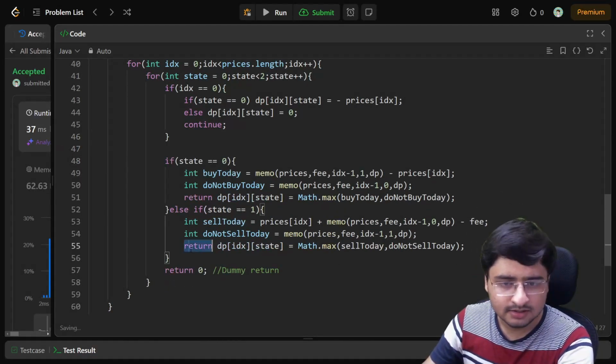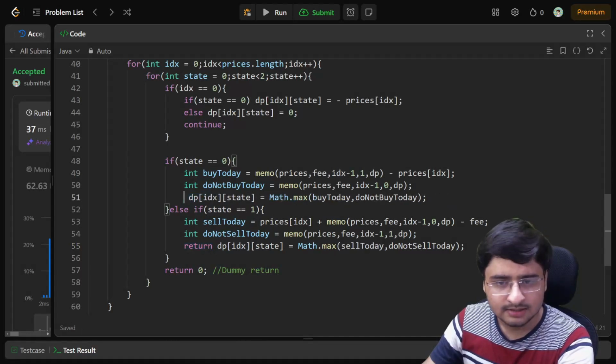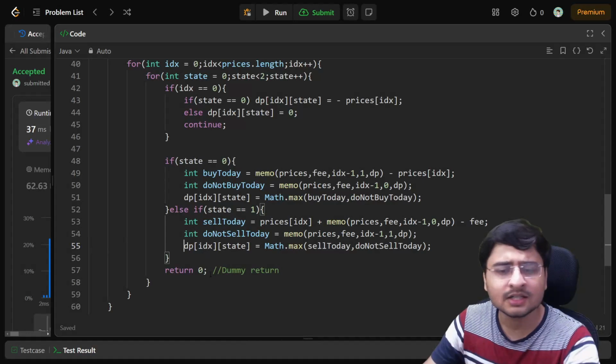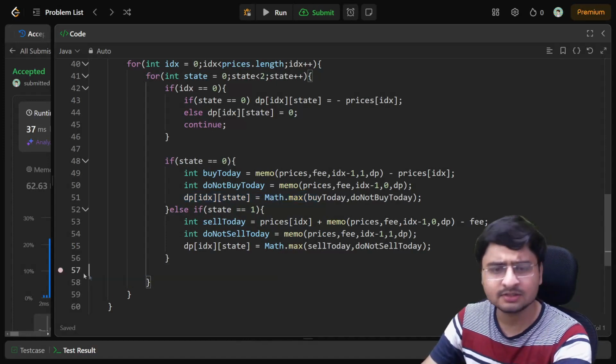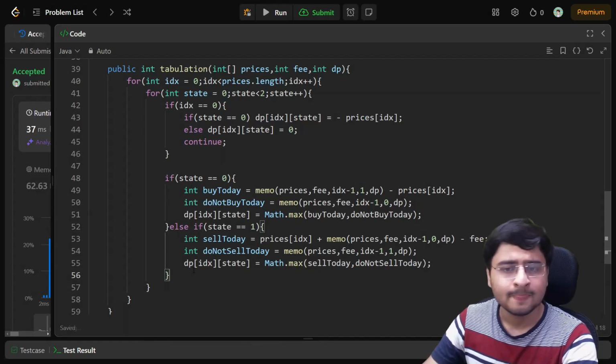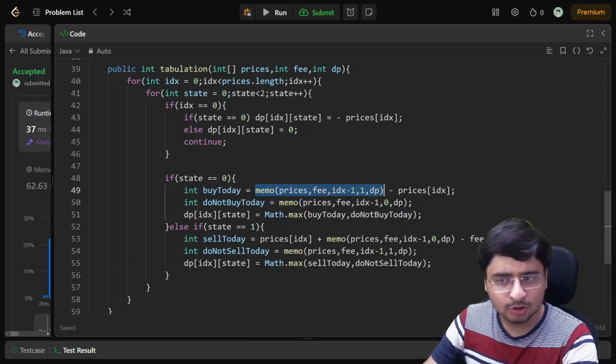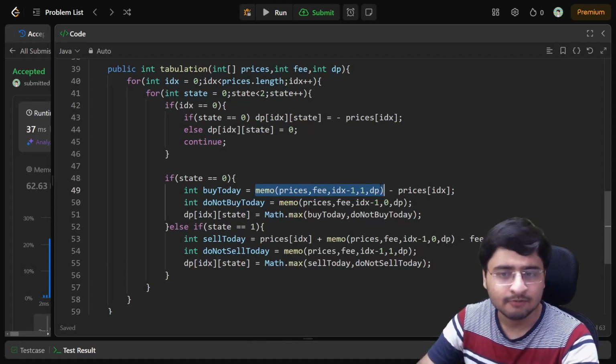Where else are we having return statements? Here we are having return statements. I'll just remove these return statements, and it will automatically translate to continue. So this is the last line of this statement, right? It will automatically go to the continue state. Here also we are going to return, I'm just going to return this dummy return statement, right? Okay. Now other than this, wherever we are accessing this particular thing, like we are calling the